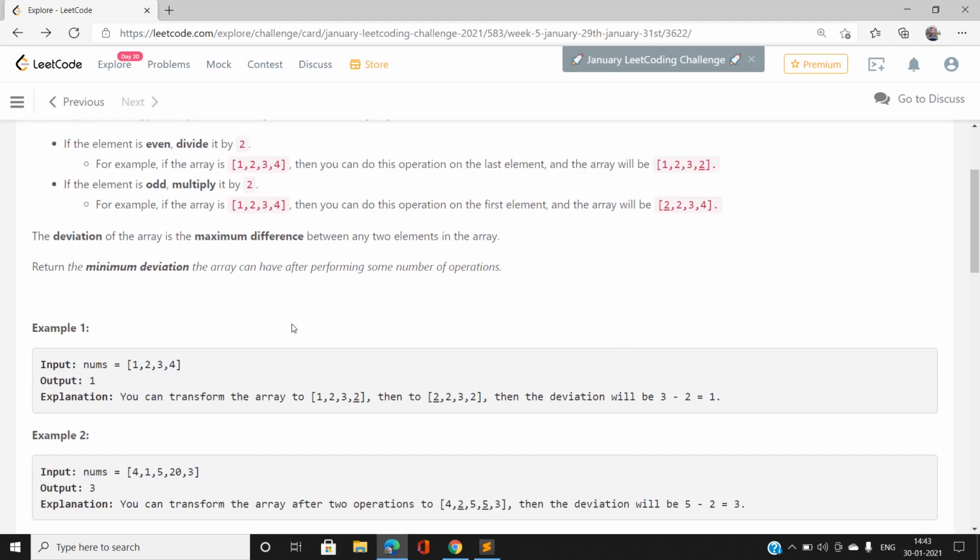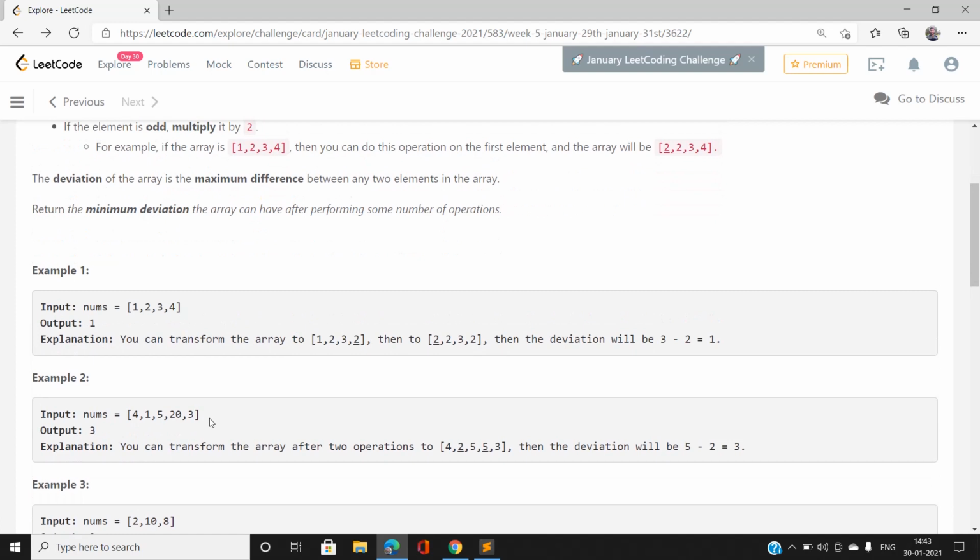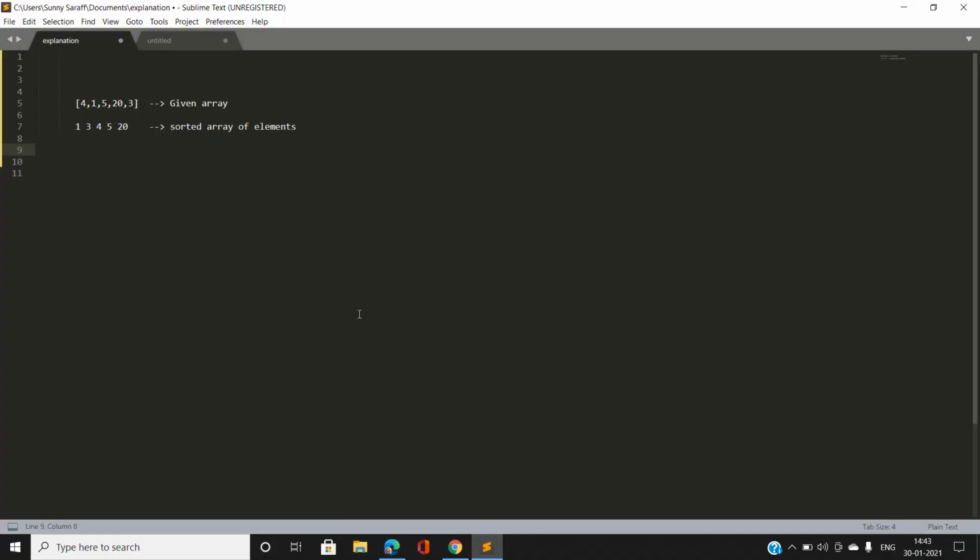So what we can do is, suppose we have been given an array, say 4 1 5 2 3. So let us understand this question mathematically. Okay, suppose this is our array 4 1 5 2 3. So our maximum deviation is the maximum difference between any two elements of the array. So the maximum difference would be between the maximum element and the minimum element, the difference between them would be our deviation in this case. So what we are going to do first is sort the array,